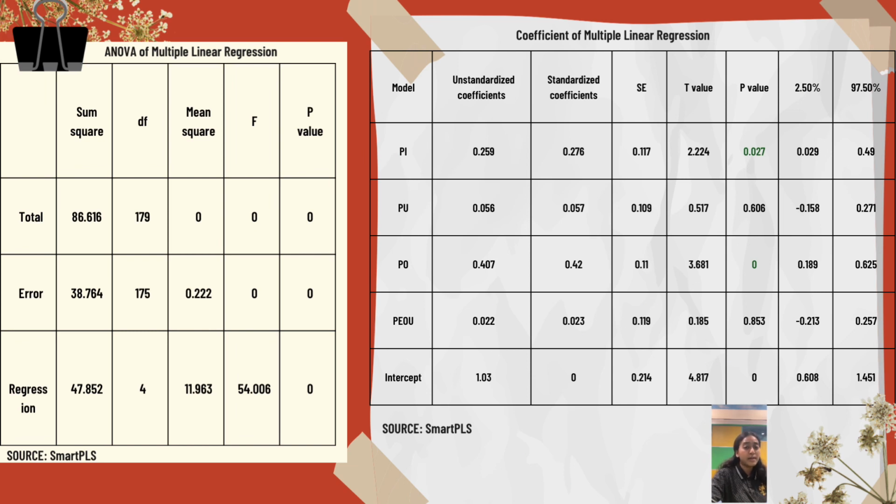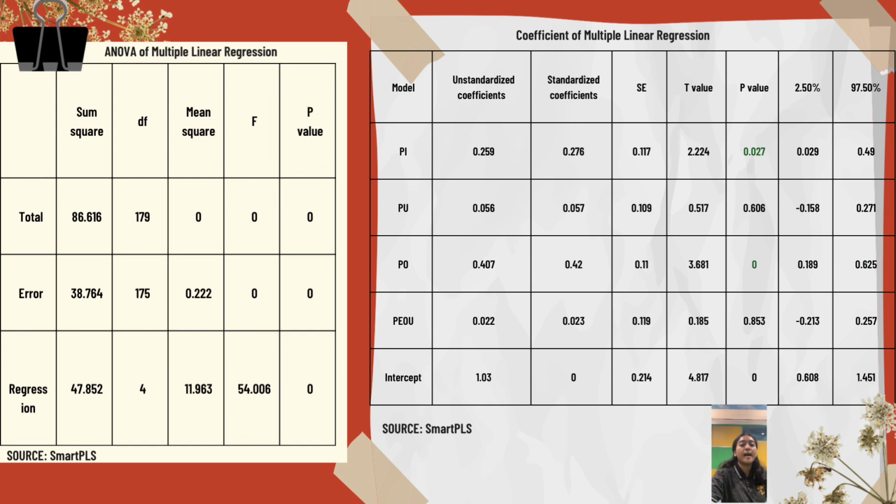However, the p-value in the coefficients of multiple linear regression has a different value for each factor. According to the coefficients, each of the independent variables contributes an input in determining the intention of public university students to use AI in education. Then, the most powerful predictor is perceived optimism, with an unstandardized coefficient of 0.407, a t-value equal to 3.681, and a significance level of 0, which is less than 0.05.